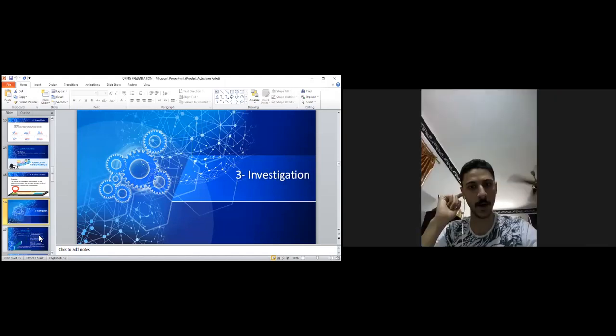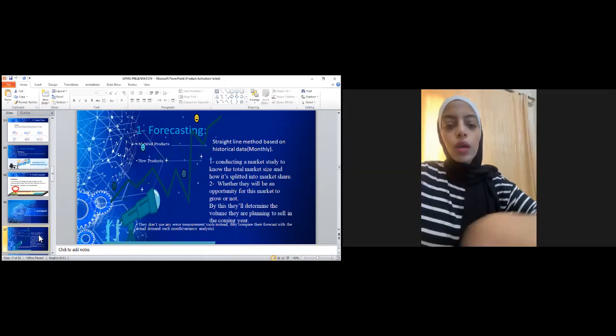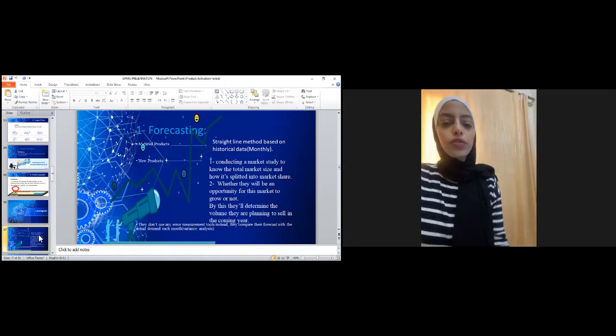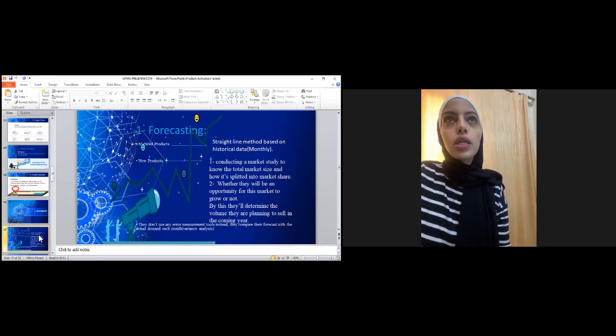And now the investigation through Domty company, first function: forecasting. Domty company are using two types of forecasting. They are using the straight line method based on historical data for matured products, and they are conducting a market study to know the needed volume to produce for the new products. They don't use the error measurements. Instead, they are